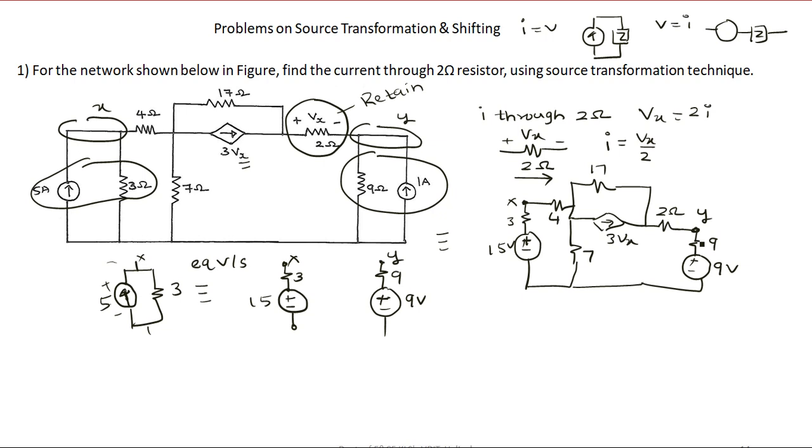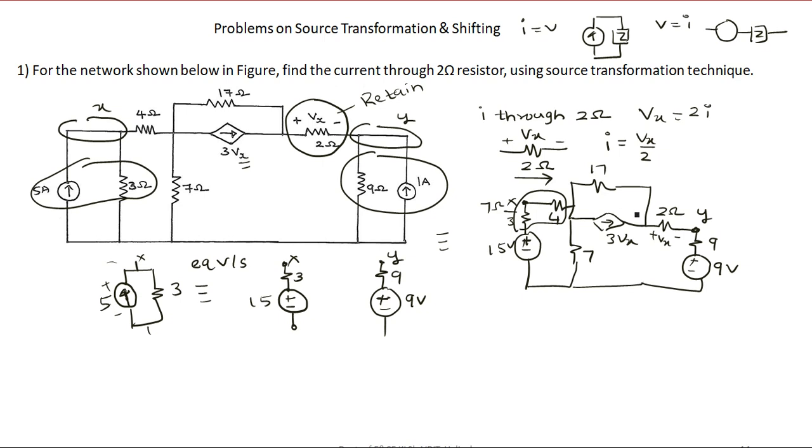Yes, sir. So do not hesitate to ask questions, please. Okay. So what is the second step now? We need to calculate the current through this. So this parameter should not be changed anyway. But here you can see that these 3 ohms and 4 ohms are in series. 3 plus 4, that will be 7. So this will be 7 ohms, right?